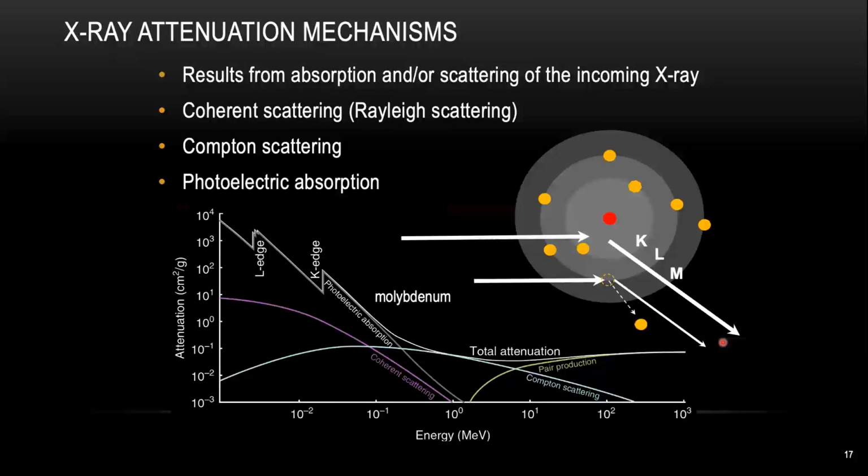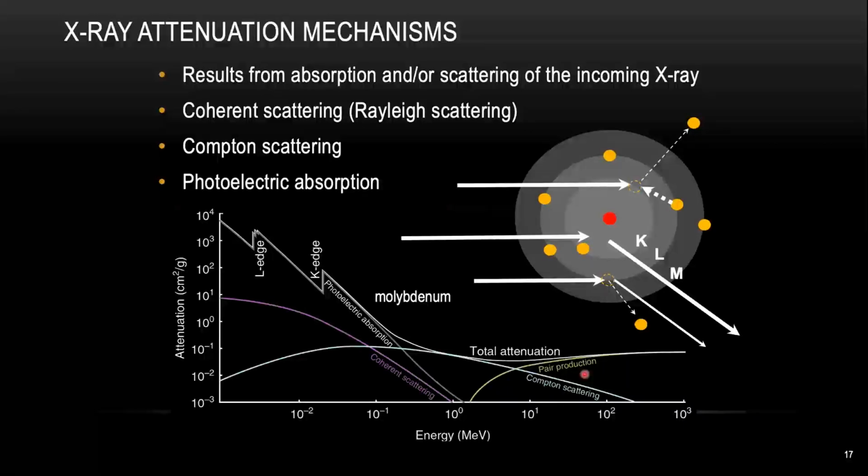Which means the X-ray beam knocks out one of the inner shell electrons and loses energy. There's also another X-ray attenuation mechanism called pair production up here, but it's very unlikely to happen during micro-CT scanning, because pair production can only happen when the X-ray energy is greater than 1 mega electron volt.